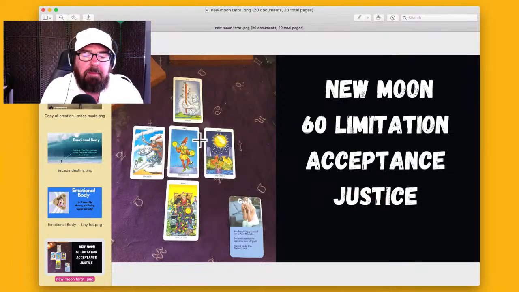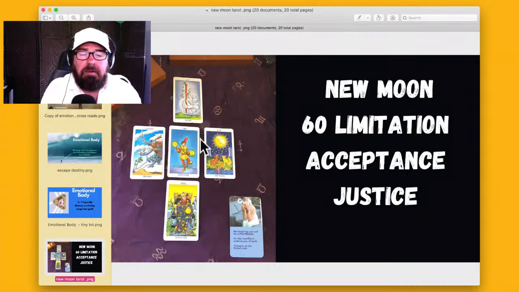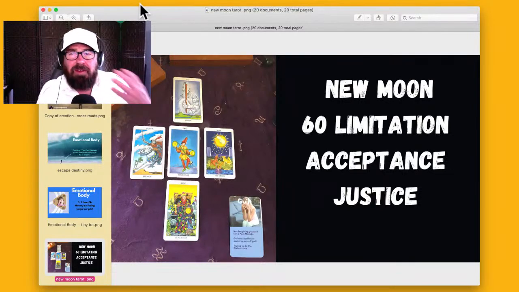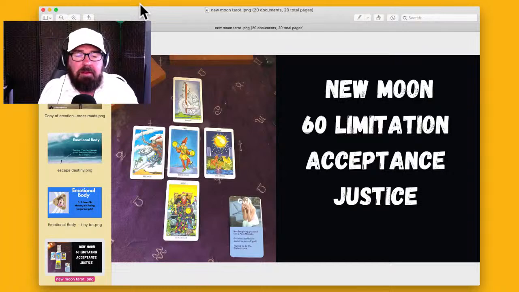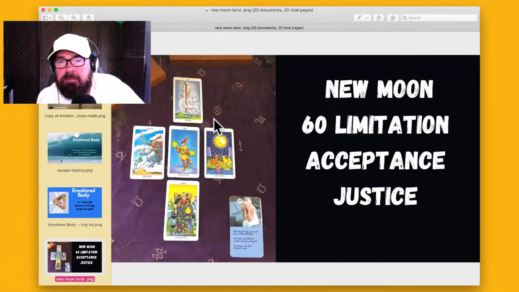And staying away from the junk food for the mind, and that's the distraction, the distractions, right? It's about focusing, and that's what this 60 can give you. It's that ability just to focus.